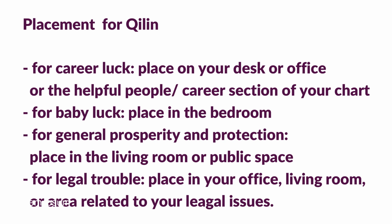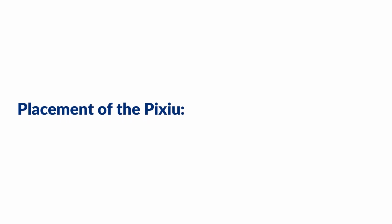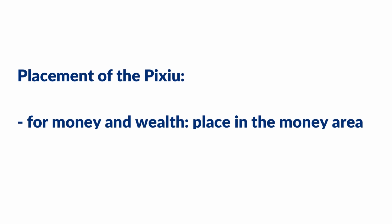If you want to enhance your career, you can place Qilin in your career section or the helpful people section. And this one is also very good if you have legal issues. Qilin can repel negative people and protect you from too much fighting and quarrel. For placement of Pixiu, if you just want to bring in money and wealth luck, you can place it in the living room